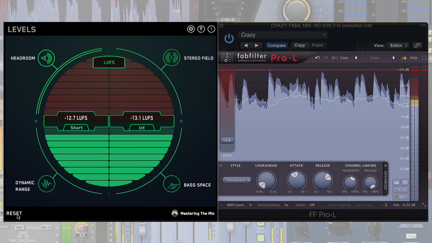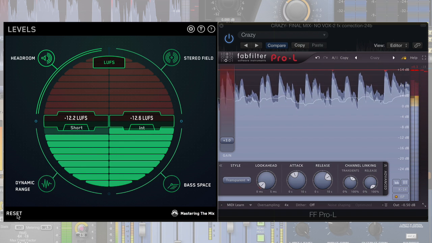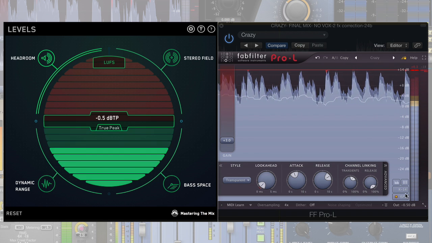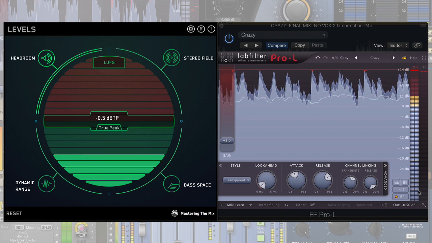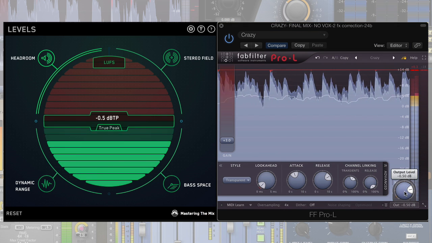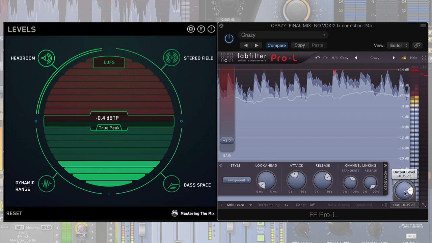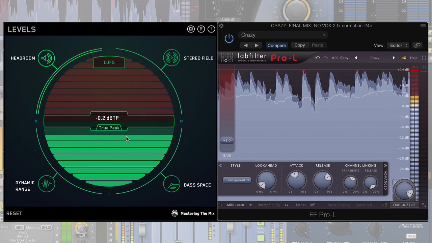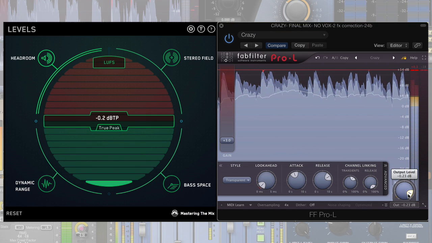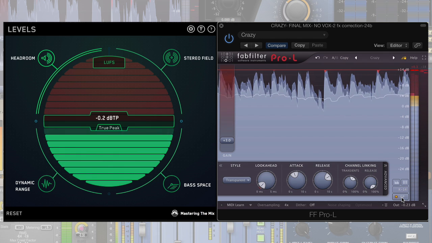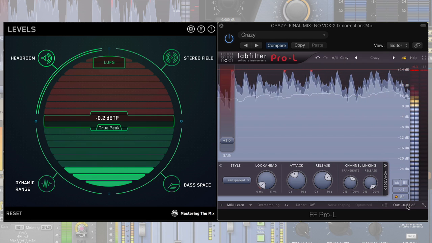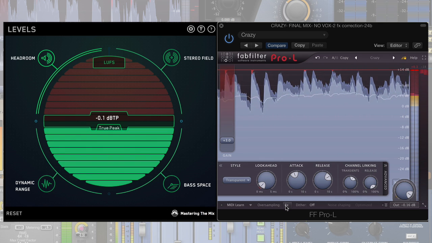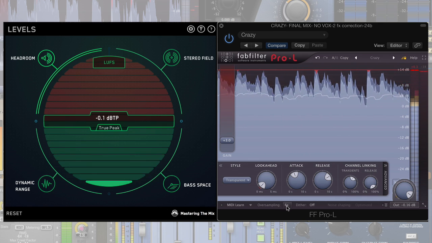The output of the limiter is often overlooked. It's extremely important to set it correctly to avoid clipping when your music is played back through speakers. Making sure your track peaks below 0 decibels true peak will ensure that your audio doesn't clip when transcoded to lossy file formats for streaming. I'll turn on the intersample peak setting on my limiter and watch my true peak meter to ensure I don't breach my threshold of -0.1 decibels true peak. My limiter only has 4 times oversampling, whereas Levels has 16 times oversampling, making it more accurate at detecting true